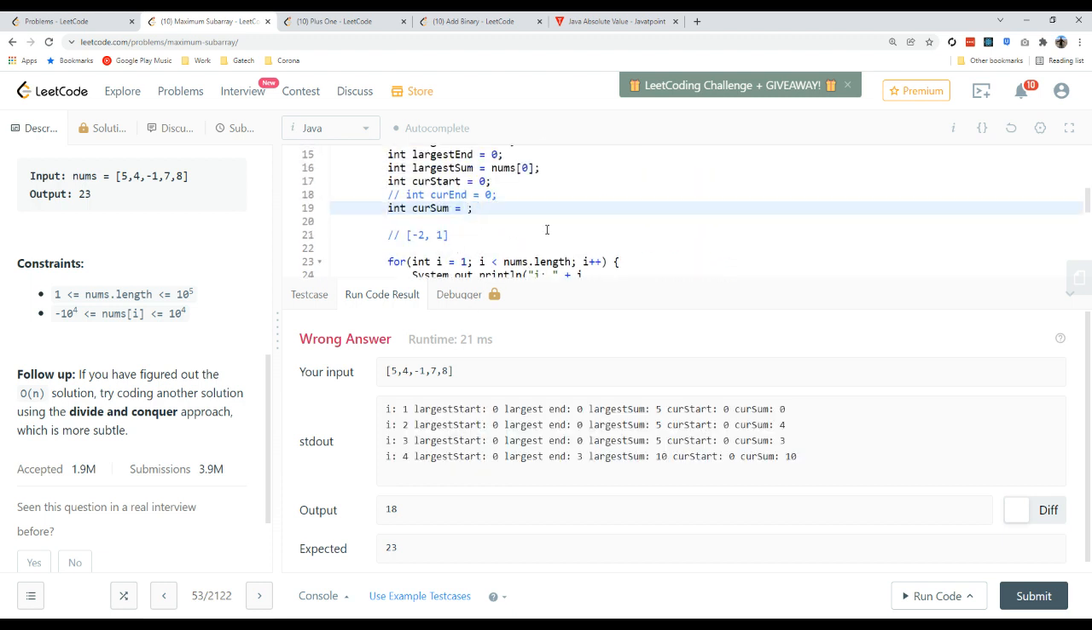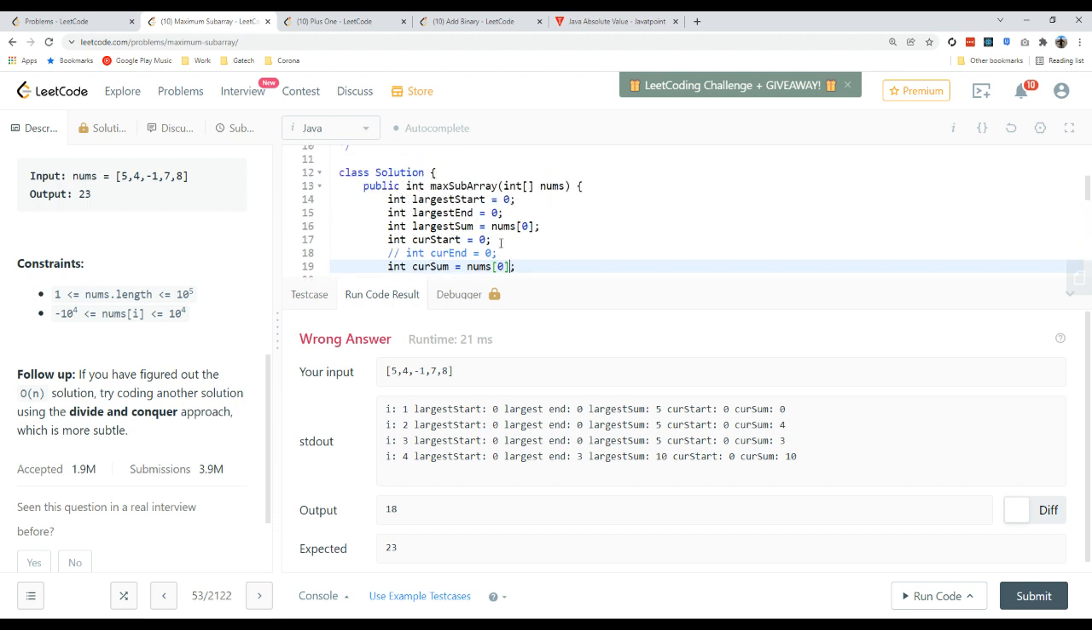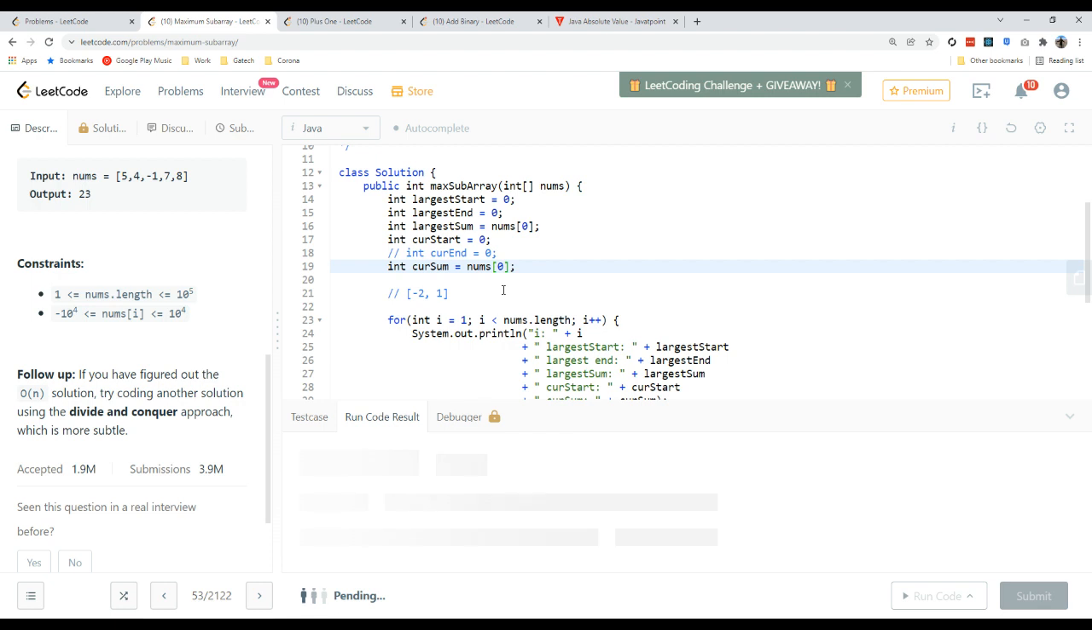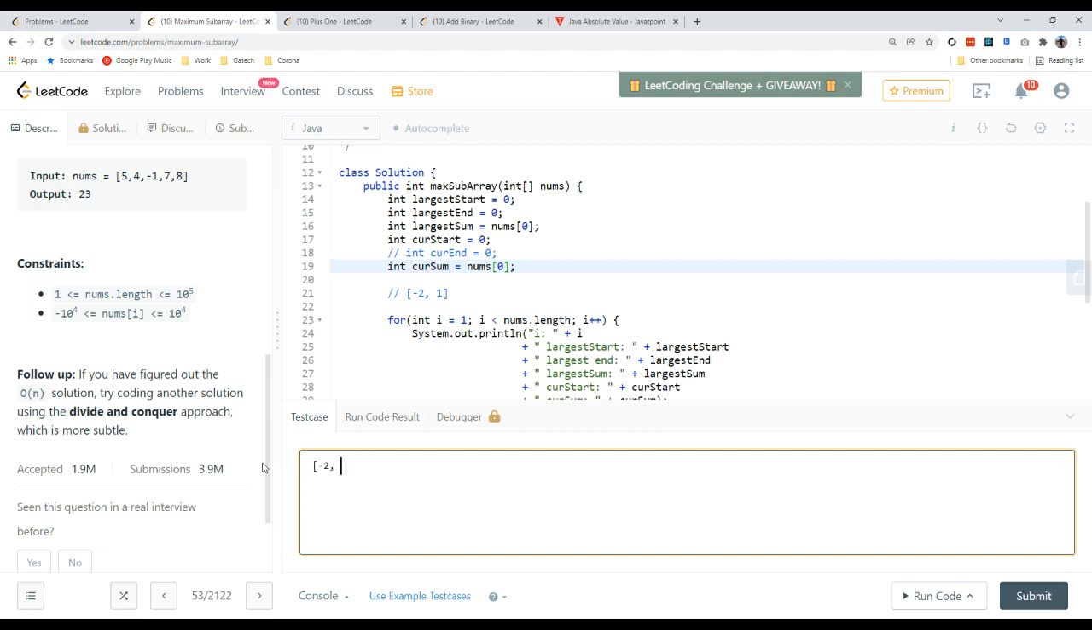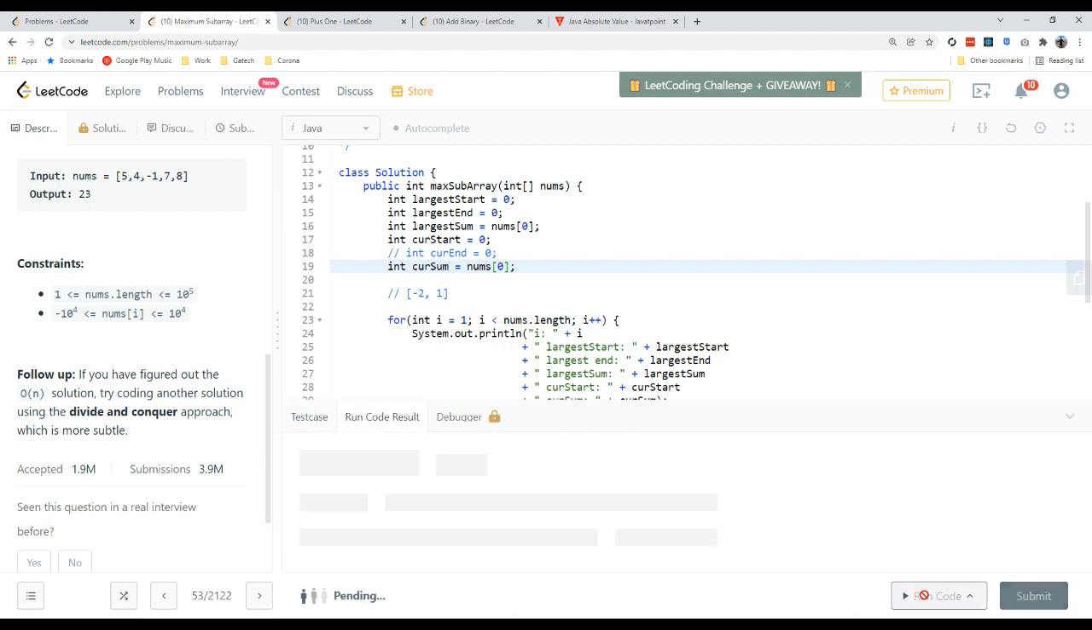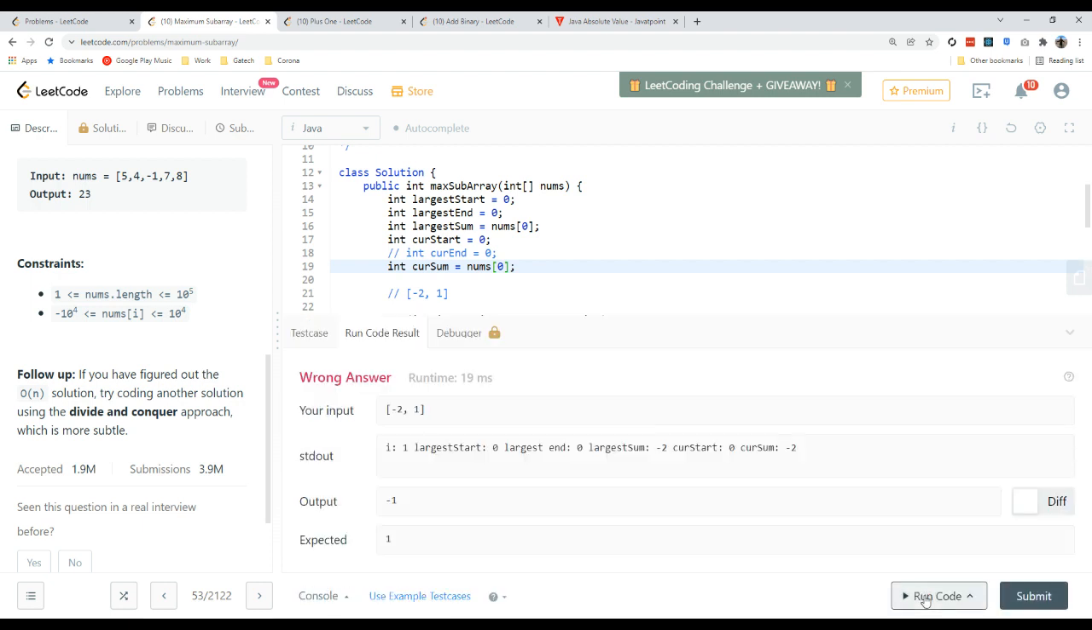Shoot. So cursum does have to include that because that's where we're starting. But I think that's going to cause me problems back on that other edge case. So let's go back to -2 and 1 and try that. Yeah, that's what I thought. Because now